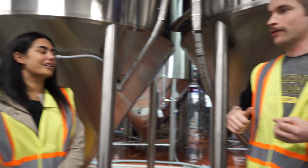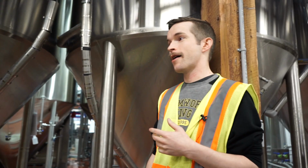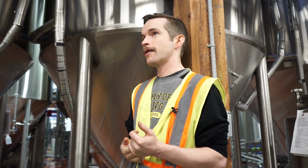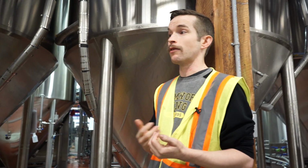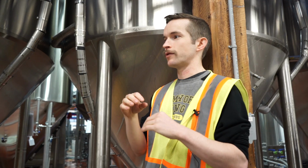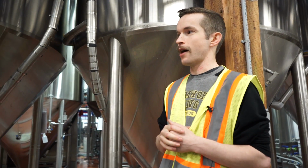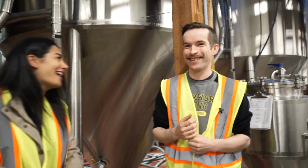That's too smart for me anyway. So how long does that take? It'll depend on the brew. Something simple like a pale ale, you can let it ferment in there and it might take 3 weeks. Whereas something like a lager ferments at a colder temperature, which means it moves slower, so you might take 5 weeks to do that one. I'm learning so much. Oh my god, my brain is like...